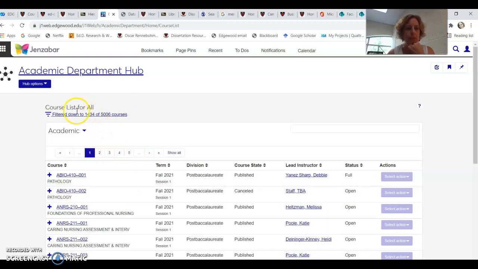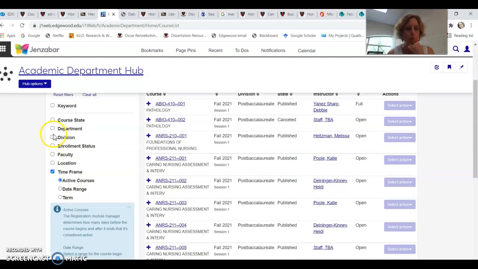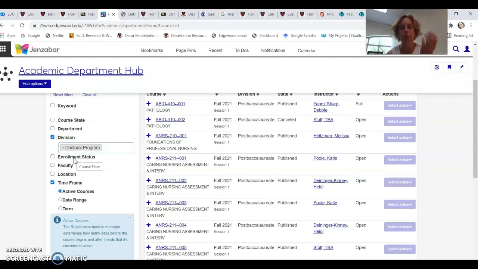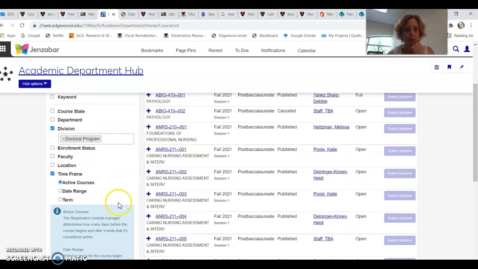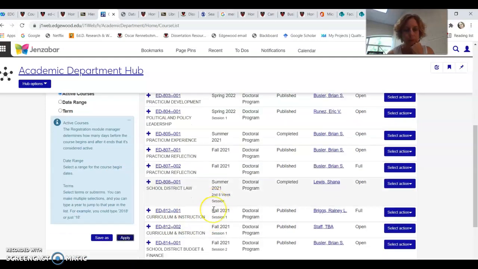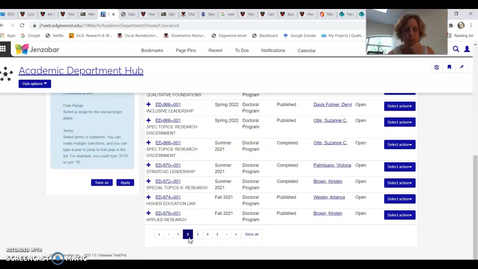And I can filter for maybe division. Let's do ED. I'm going to do doctoral program. You would do master's program. And then apply. And then I can see my courses here. So if I wanted to see who all is in 950,